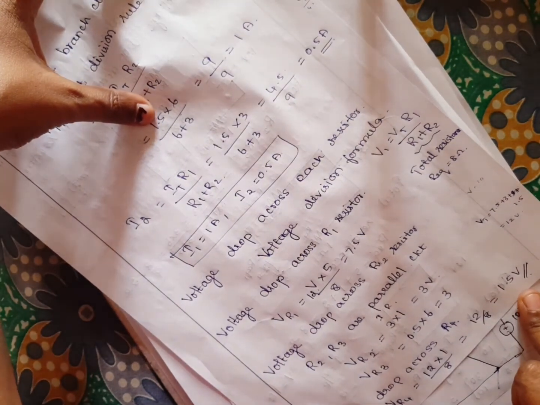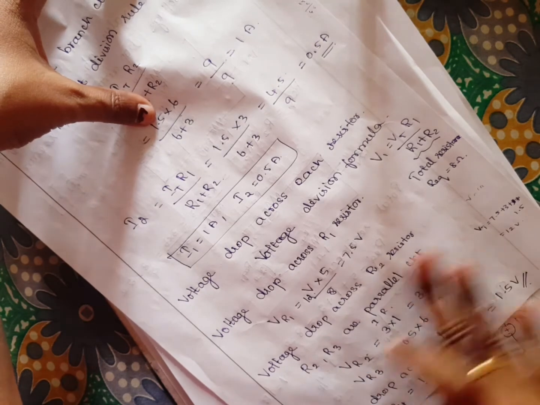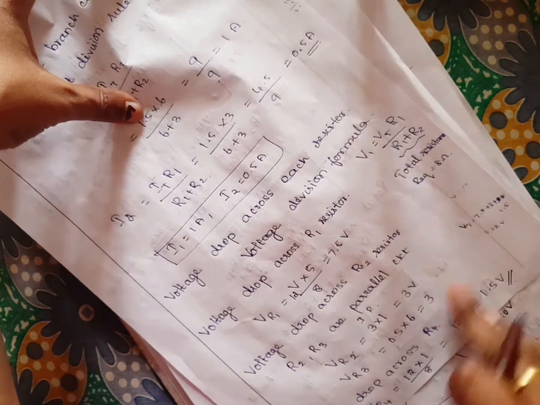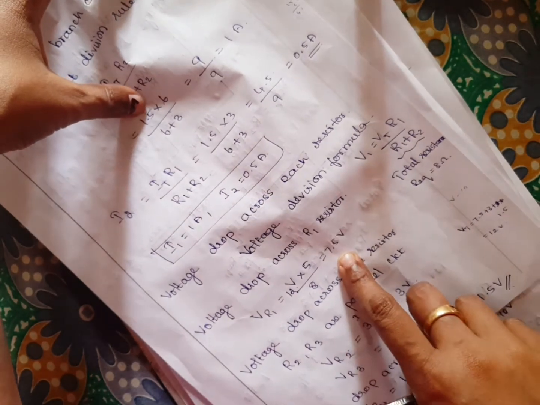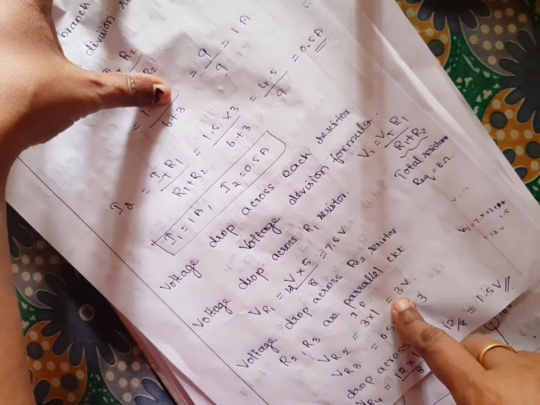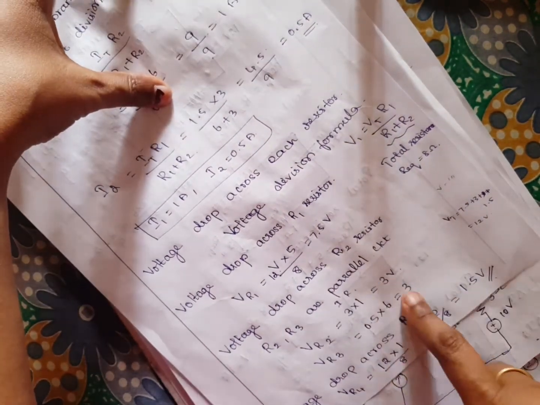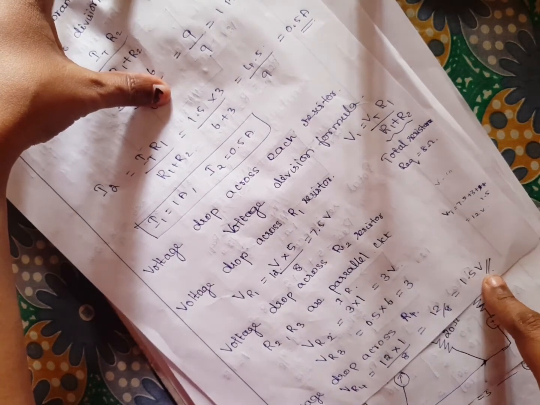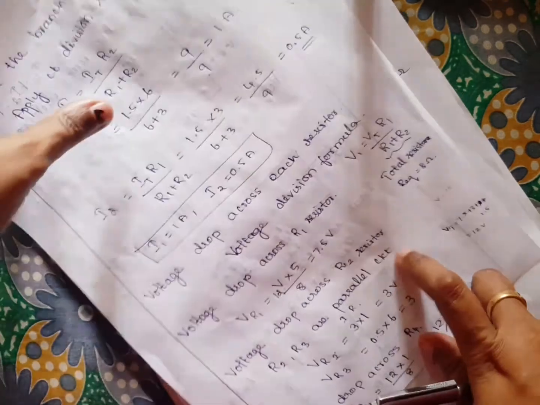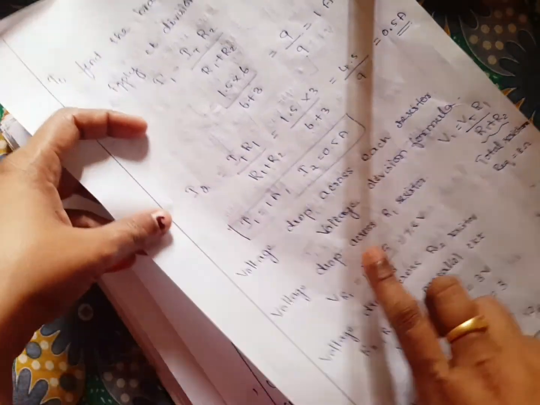Okay, so now let us check whether the voltages we found are correct. What is the total voltage? 12 volt. So here add it: 7.5 plus 3 is 10.5. Okay, so these two voltages are the same. So 10.5 plus 1.5 is 12 volts. So total voltage is 12 volt. You understand? Okay, thank you.